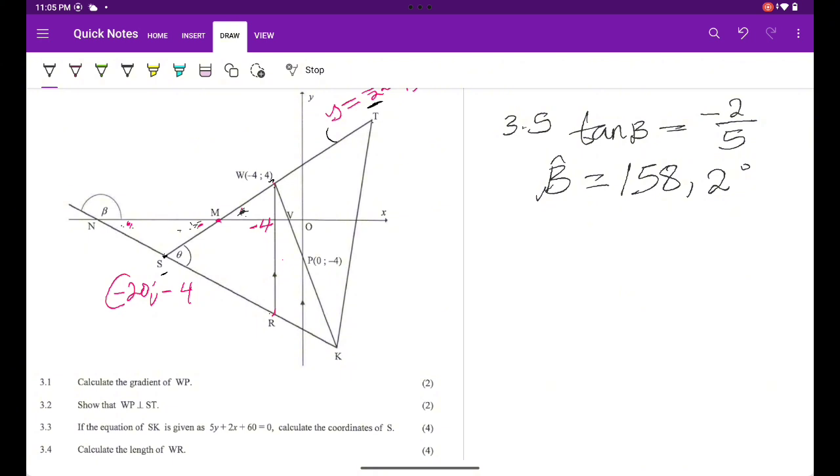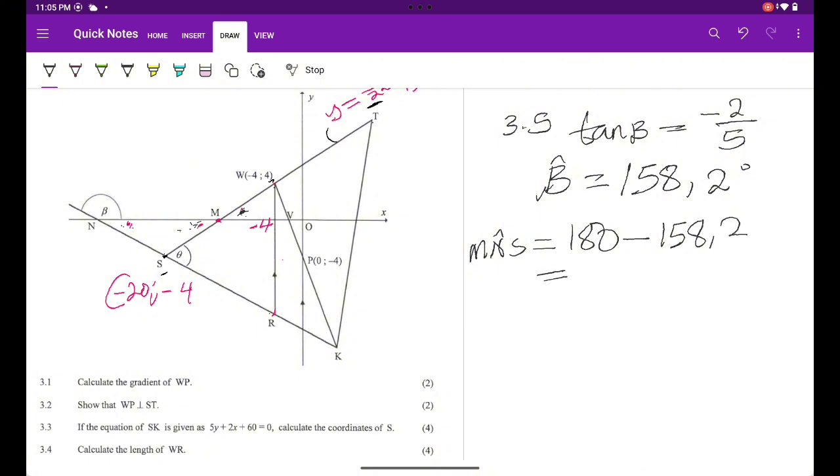Now when we know beta, then we can get the size of this angle there. So that angle will be angle MNS. It's 180 minus that angle 158,2,